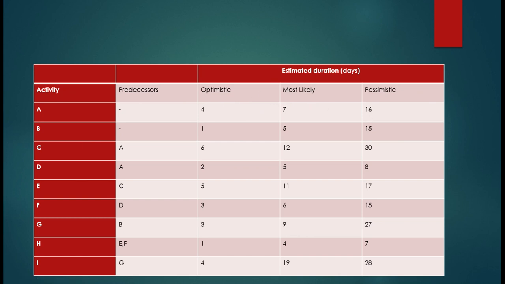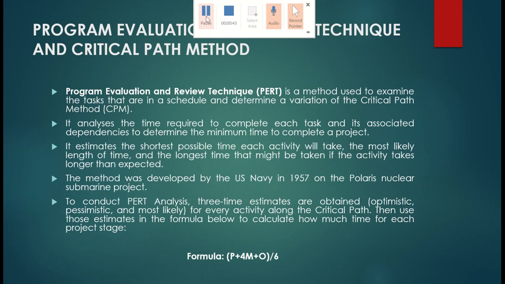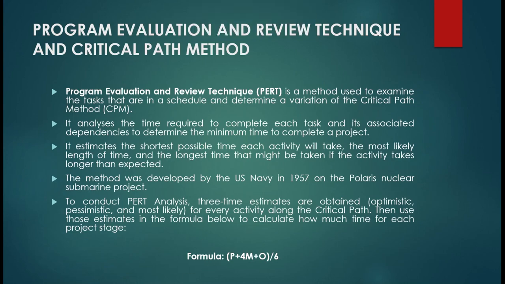So here, I'll just show you the formula. Here it is. If you remember, the formula was pessimistic time plus 4 into most likely time plus optimistic time, divided by 6. So this was the formula as per weighted average. We have given the maximum weightage to most likely time, double of P plus O, right? So this is the formula which we are going to apply to calculate average time.